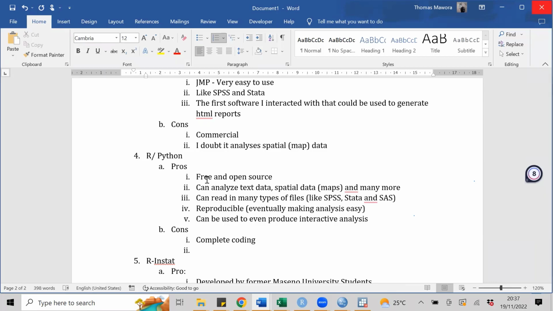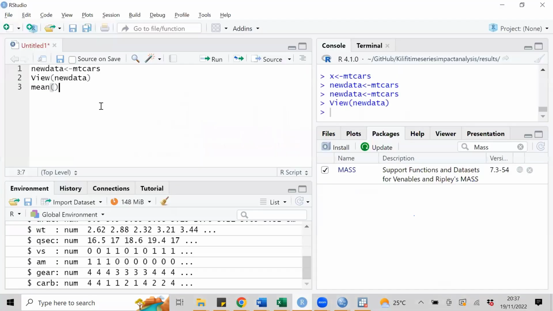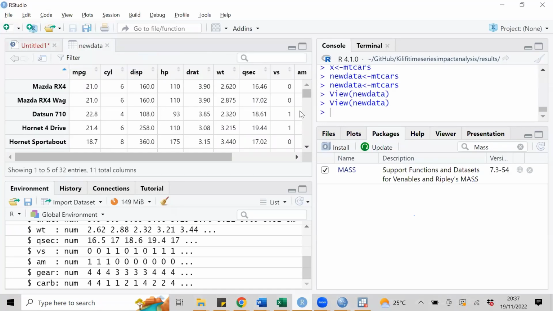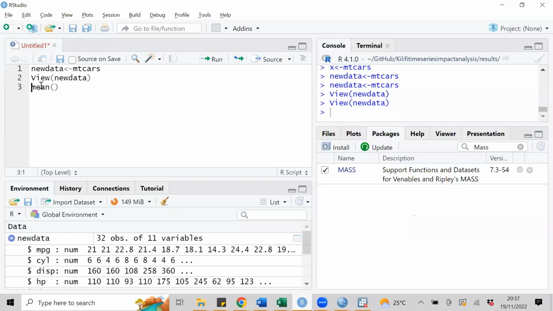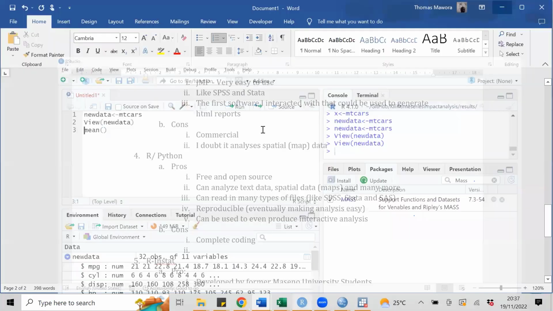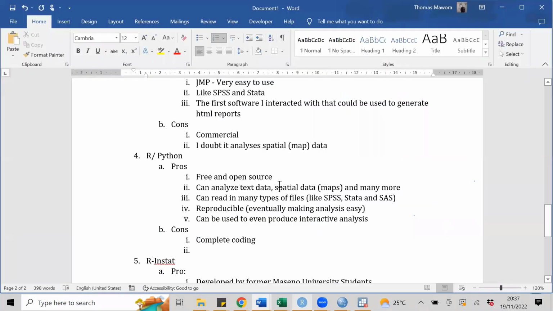Yeah, and thank you for that. By the way, also in R, you can view data if you want. So you can see the data matrix, or you can look at the structure from the environment or from the code itself. So it all depends on your skill level. And thank you so much for that comment.